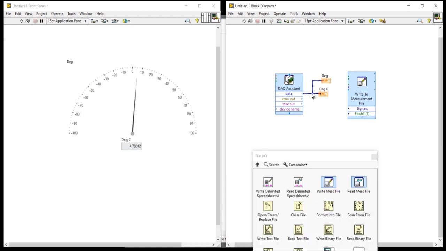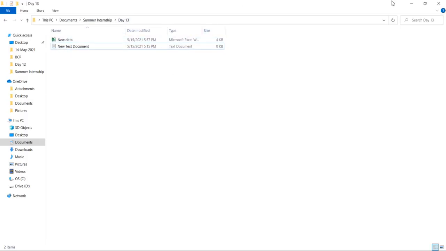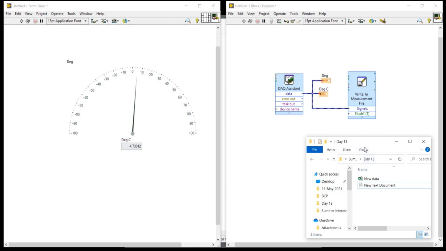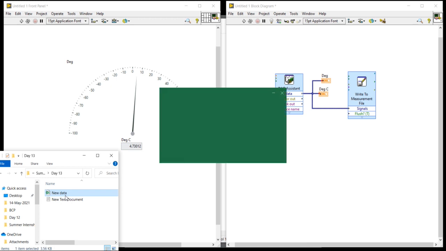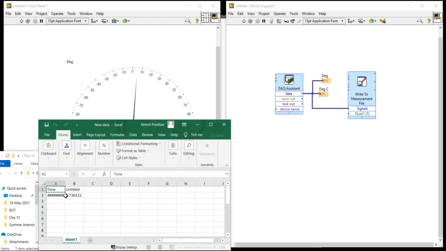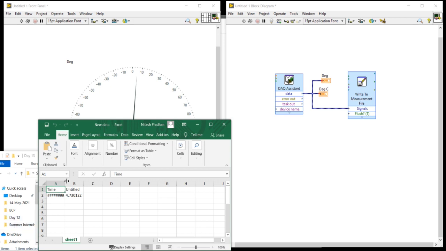Now make a connection like this and run. Now you can check my new data file is here.